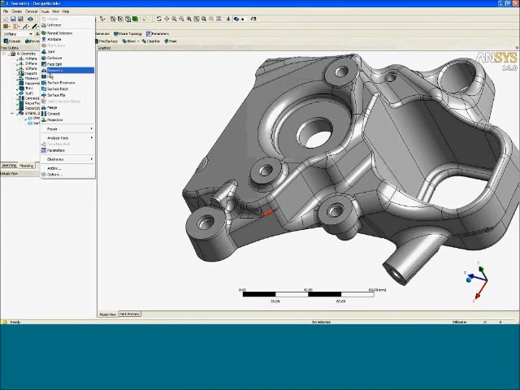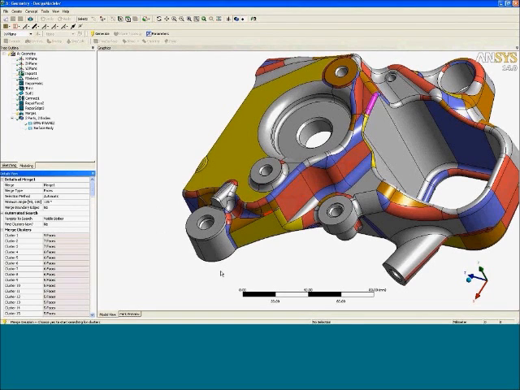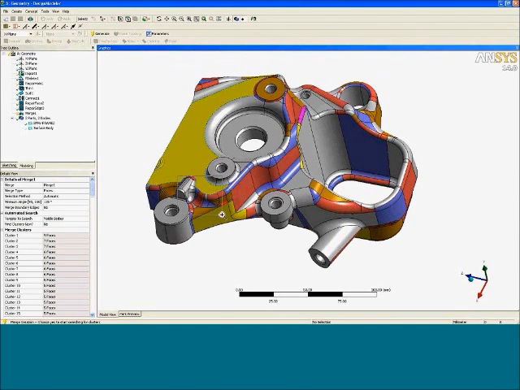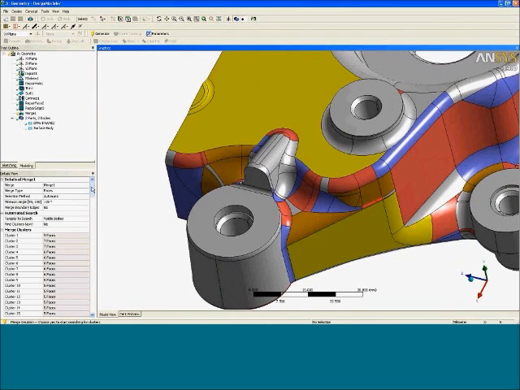And we can also do that in an automated way with the merge. So we can say merge faces, and automatically, based on some tolerance or angle, we can search through the body and then cluster all the surfaces together that are within a certain range. So this is what it found on this model. It's going to try to combine all of these four faces into one in that cluster, and it found